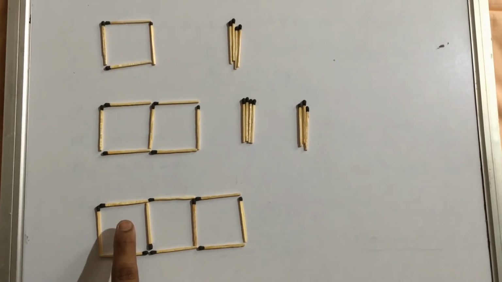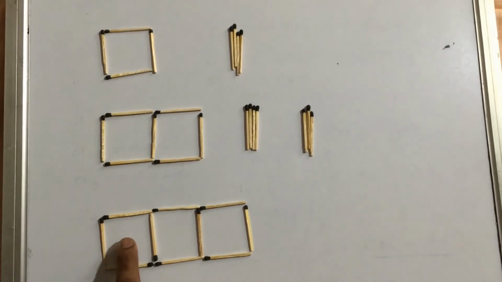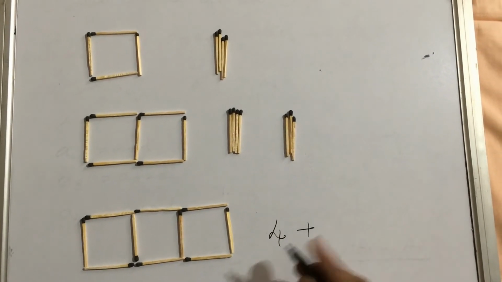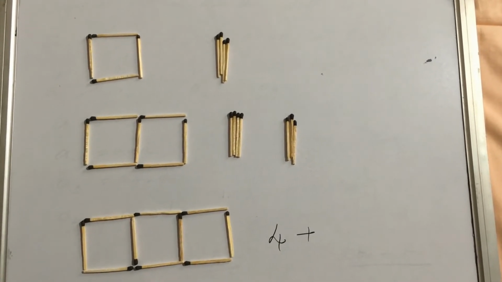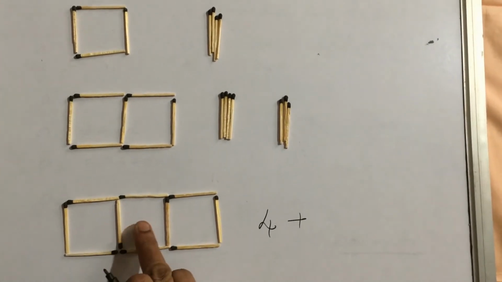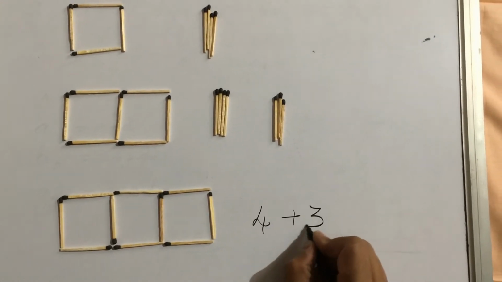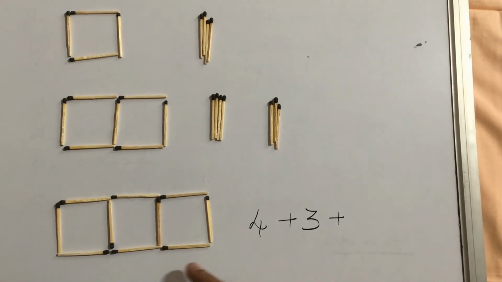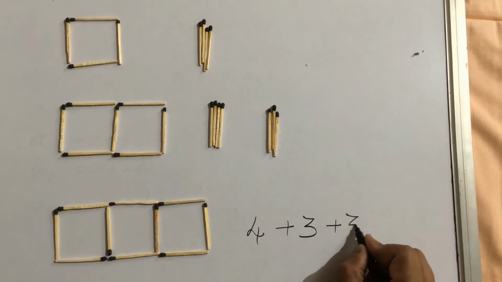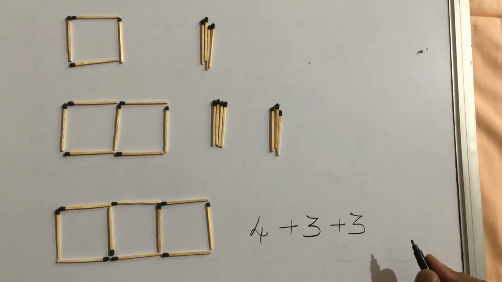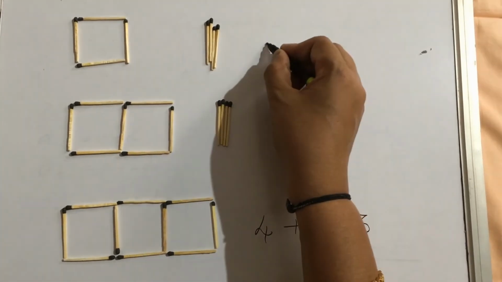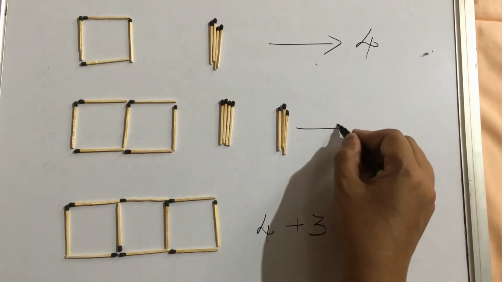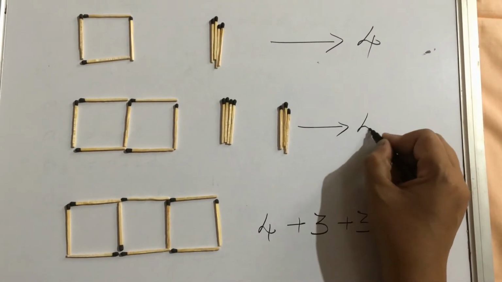For the preparation of the first square we need 4 sticks, and to add one more square beside it we need 3 sticks, and beside it to make one more square we need 3 more sticks. So what we observe here is, in the first row 4 sticks are required, and in the second row we require 4